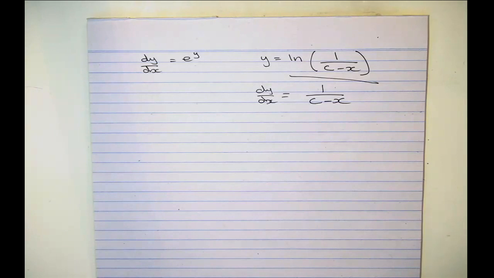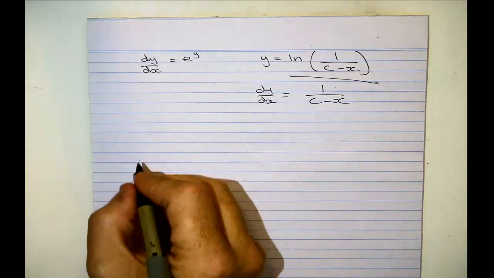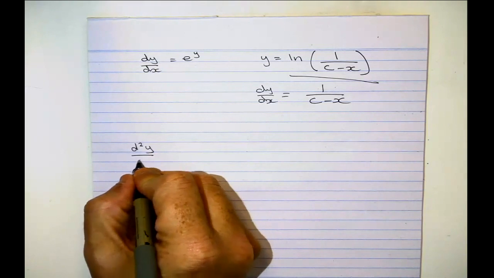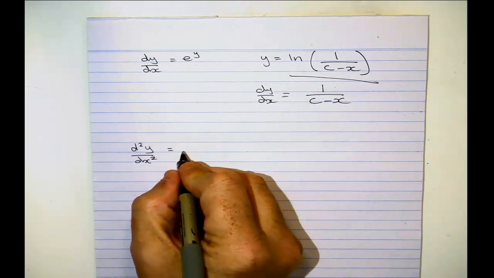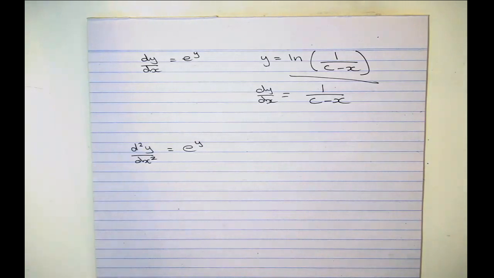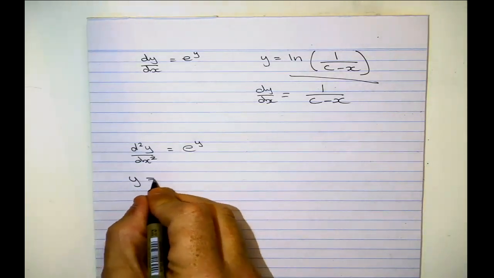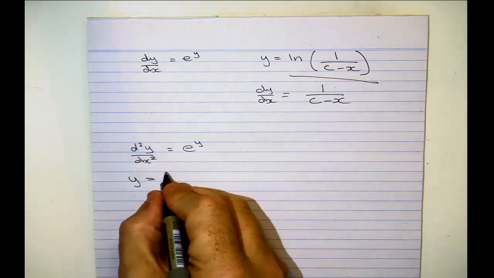First orders, a lot of them we can do, even if they are terribly complicated, linear or non-linear. But second order and higher non-linear, so this is non-linear because it's non-linear in the function we're looking for. Why? Because of the presence of e to the y. Solving this one would take me about 2 solid pages of algebra, believe it or not. This is not one we're going to be doing. The way we solve it is very weird. But it turns out the solution of this one is, which I am not going to confirm, trust me,